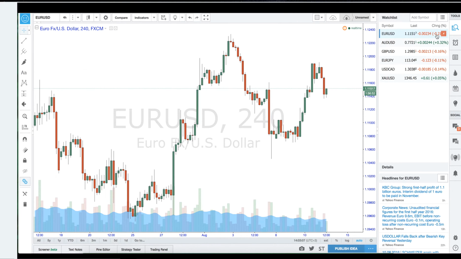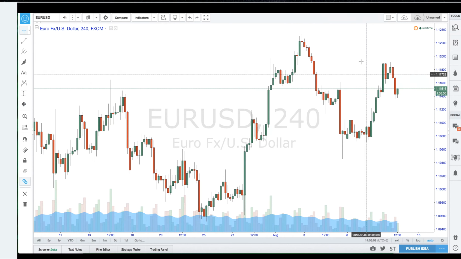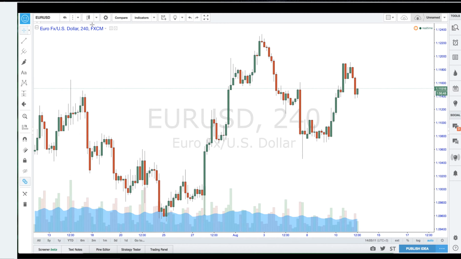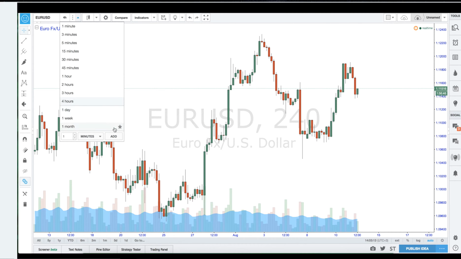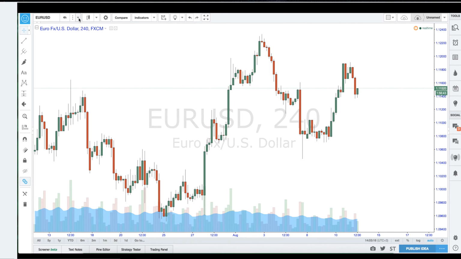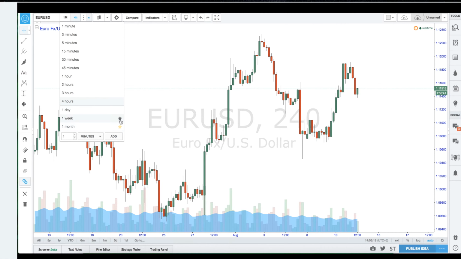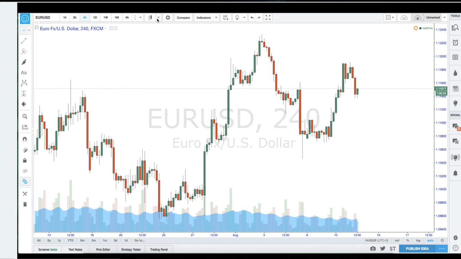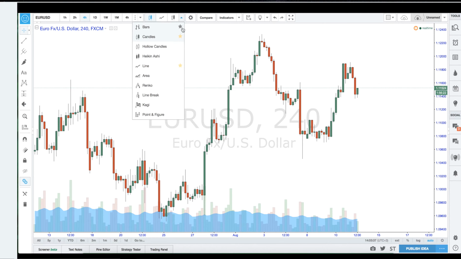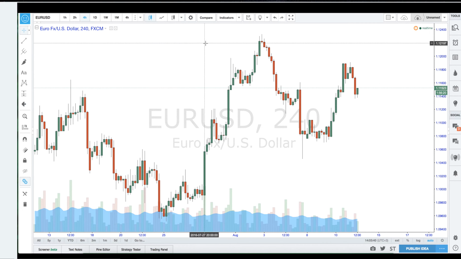I'm going to keep this up for a moment. Actually, no, I'll fold it down for a minute. Okay, so EURUSD. All right, across the top here, we do in fact have our time frame. So we can click the drop down, and we want to start monthly, weekly, daily, 4 hours, 2 hour, 1 hour. Okay, they're the time frames that we want. Over here, we have the candlestick chart, we have the bar chart, and we have the line chart. We only really want candles and lines, to be honest. We don't really want bars.